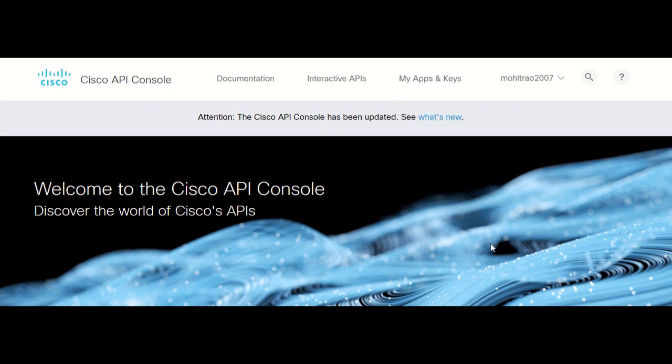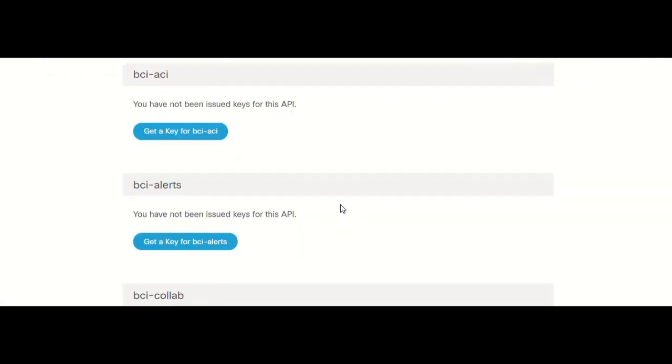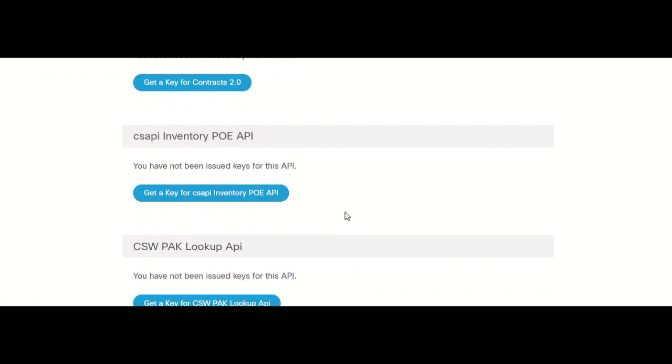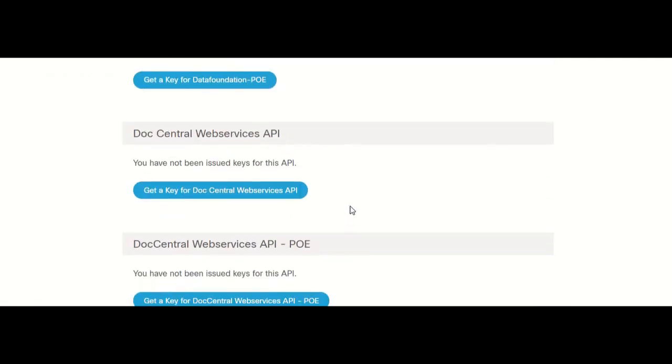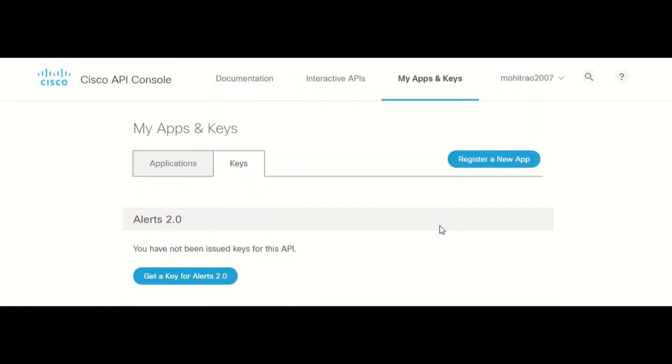Once you log in, you can navigate to My Apps and Keys, and we can see all the applications that are available. If I go to applications, I can see all the applications that are available for me to use. If you have a vendor partnership, you'll be able to see a lot more applications here, like Bug API or costing APIs, etc. To register a new app or to create a web service, we can click on register a new app,